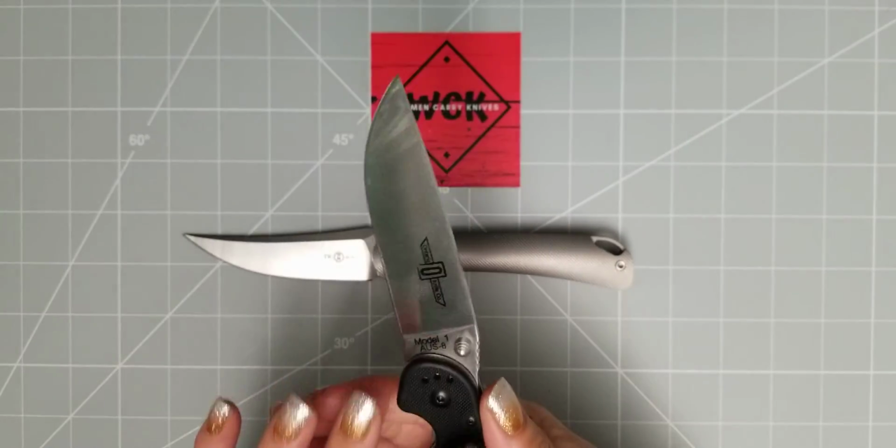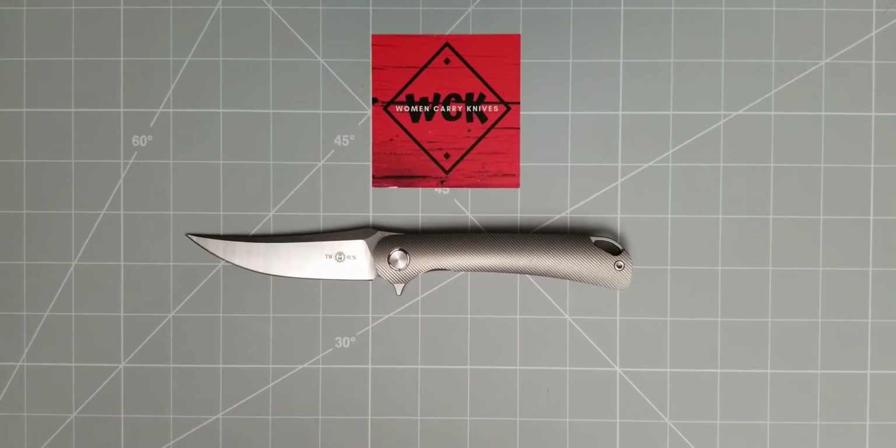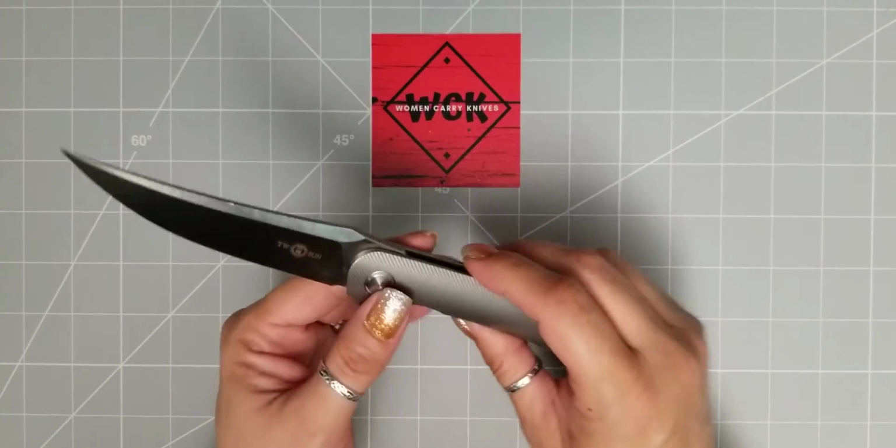The ergonomics on the rat though really do, even though it is a wider handle, it's still very comfortable in hand. Again, I love the